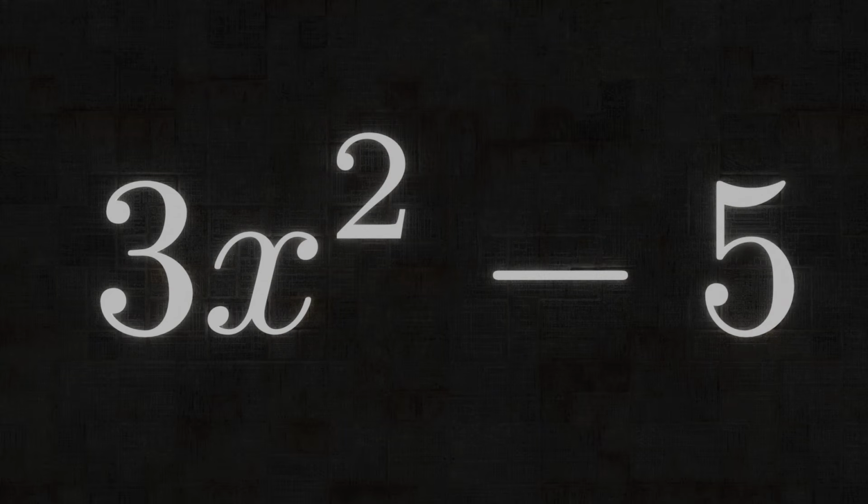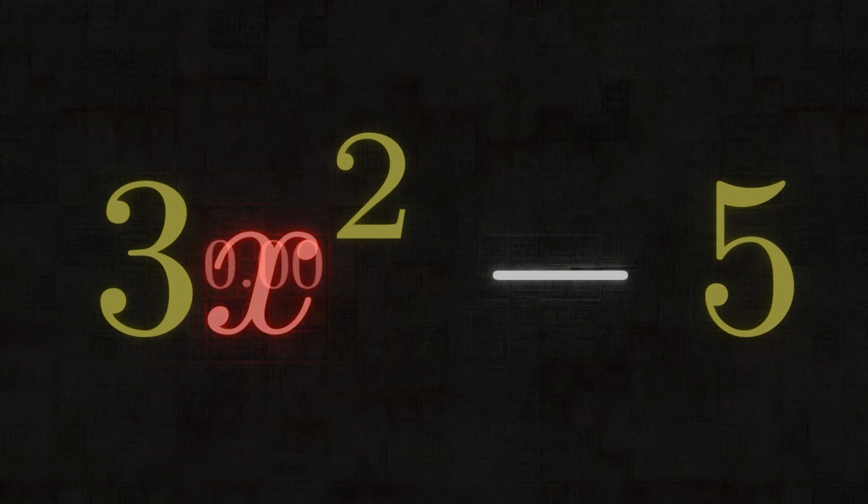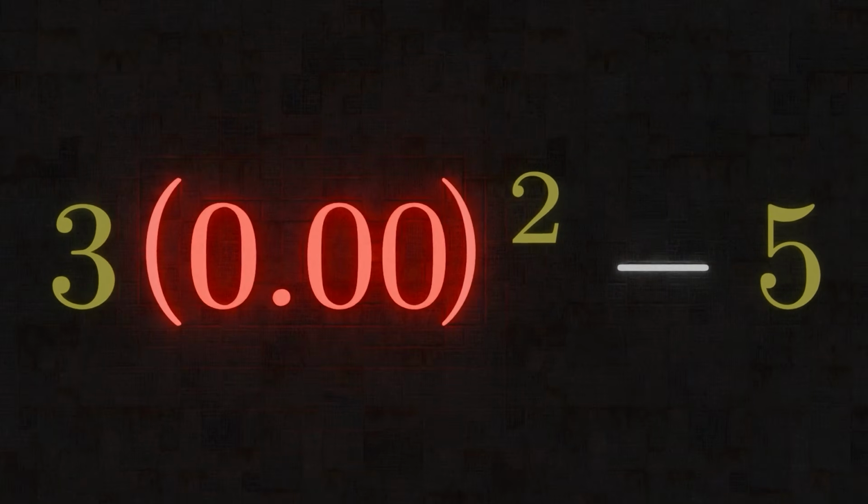First things first, let's start with functions. So, we have an equation, something like 3x squared minus 5. In this case, x is our variable, called so because we vary it, whilst 3, 2 and 5 are all constants, because we keep them constant. The basic idea being that if we input some kind of number into our equation, we'll get another number out